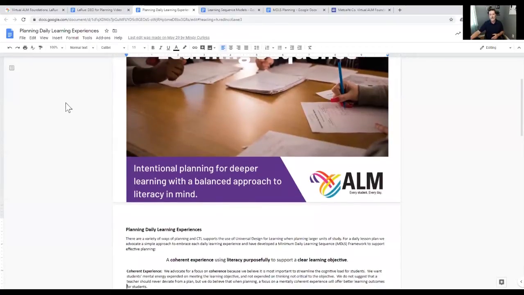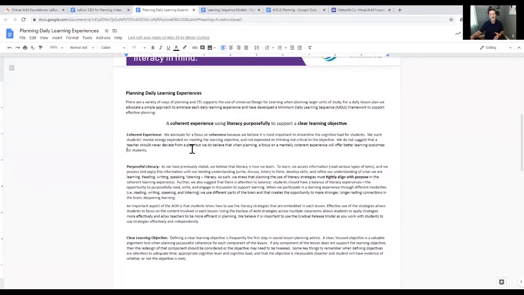The minimum daily learning sequence is a compilation of what we've found about research and our own experiences in supporting teachers in planning for integration of the adolescent literacy model in the classroom practice. It starts with a coherent learning experience using literacy purposefully to support clear learning objectives. So those three big chunks, coherent experience, purposeful literacy, and clear learning objectives, become the foundation that we build instruction